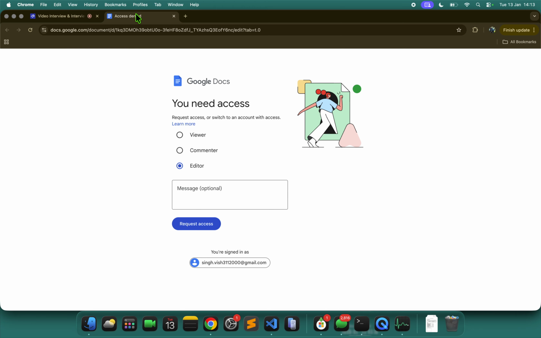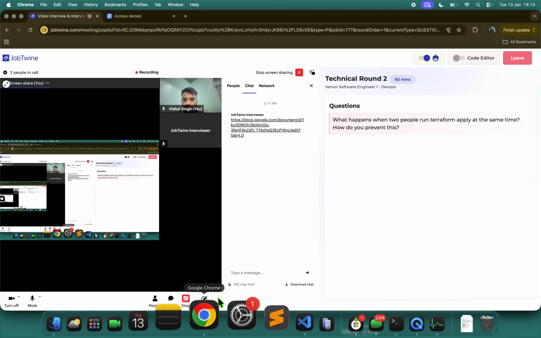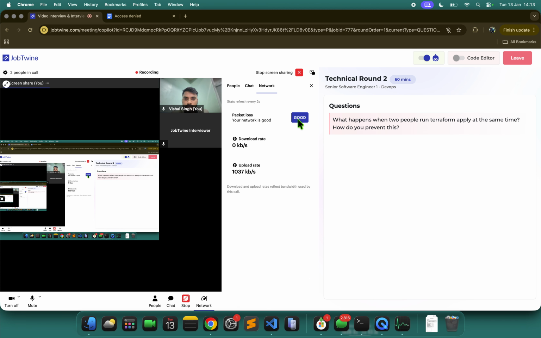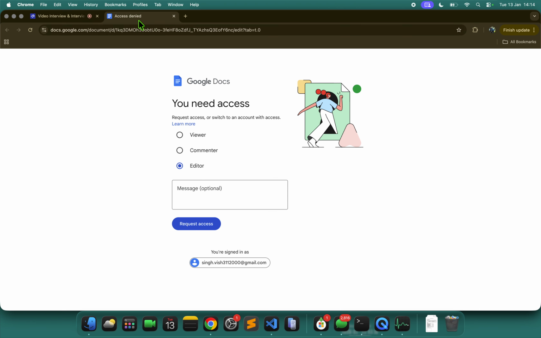The file is not accessible yet. Can you refresh the Google document page again?